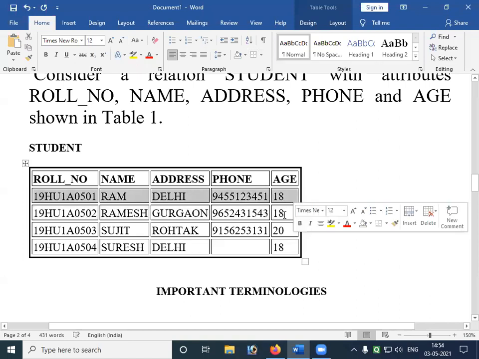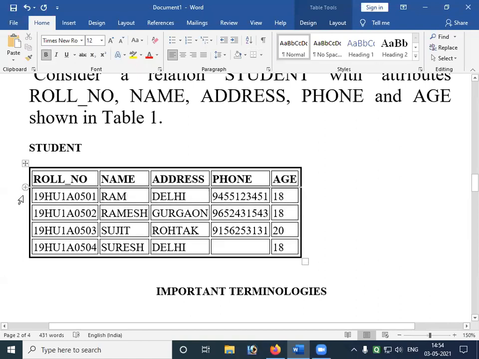Now let us know what these are. See, what are these and what is this? The heading is called the set of attributes.